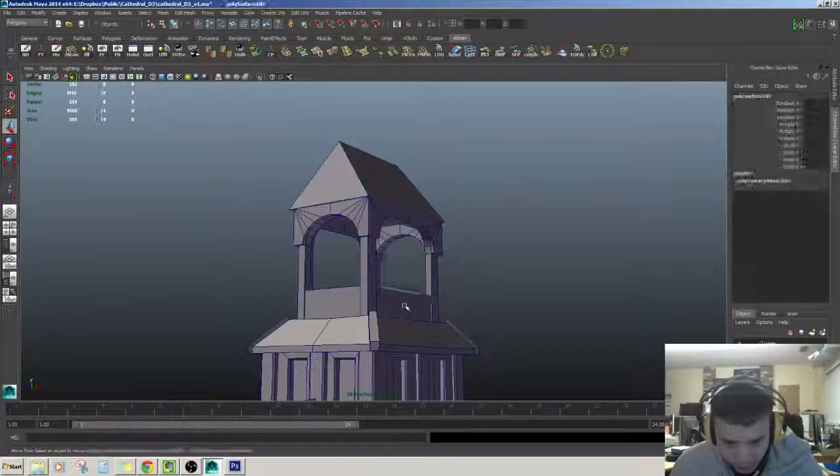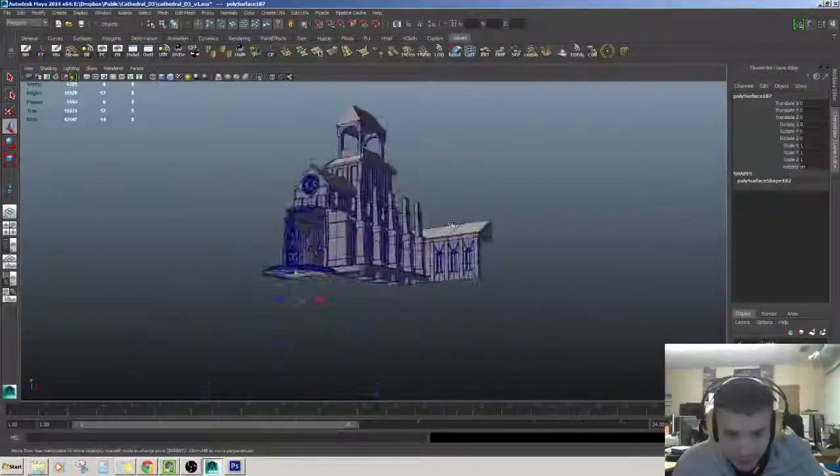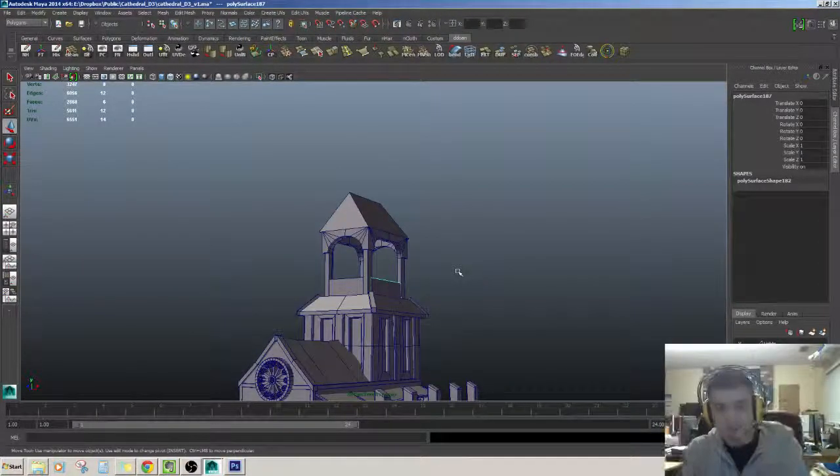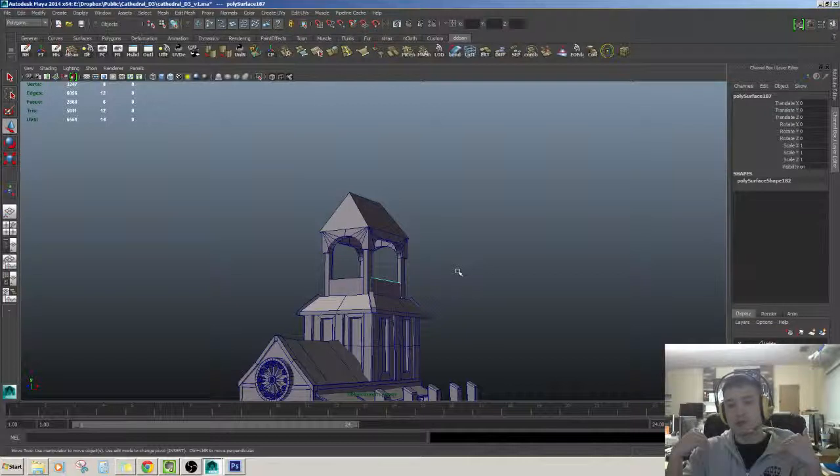So today we're so close to being done with this cathedral. This is the last piece for now. Then we're going to move things into Unreal, and start replacing all the gray blocks, white boxes, whatever you want to call them. Lots of different names in the industry. We're going to start to replace those boxes, and you're going to start to see all these little pieces that I've built in the previous